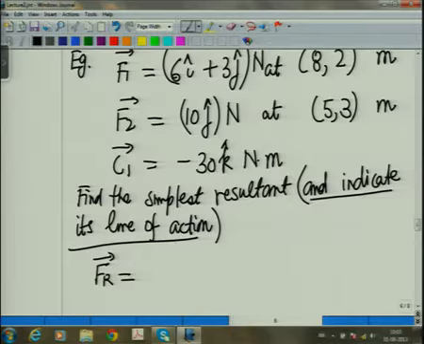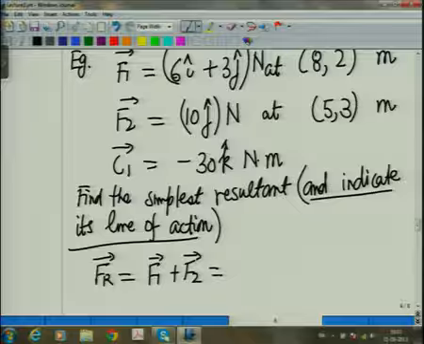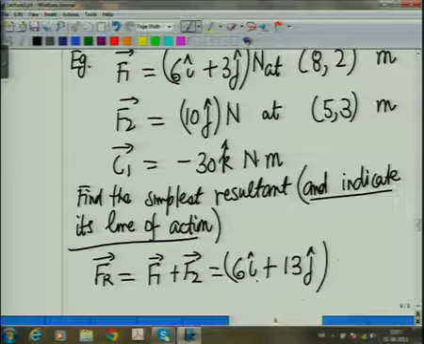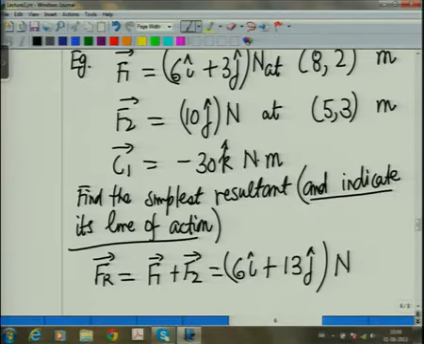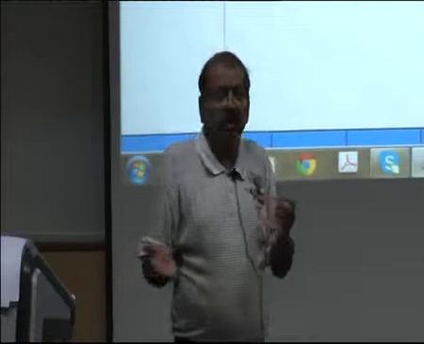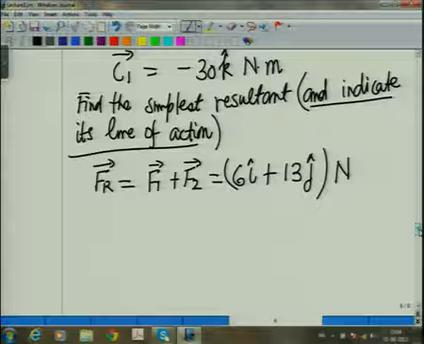So Fr will be equal to F1 plus F2. That means it will be equal to 6i plus 13j newtons. Now, because we know this is a system of parallel forces, we should be able to find a point where this force system is acting such that there is no couple there. How do we find that? For that, let's try to